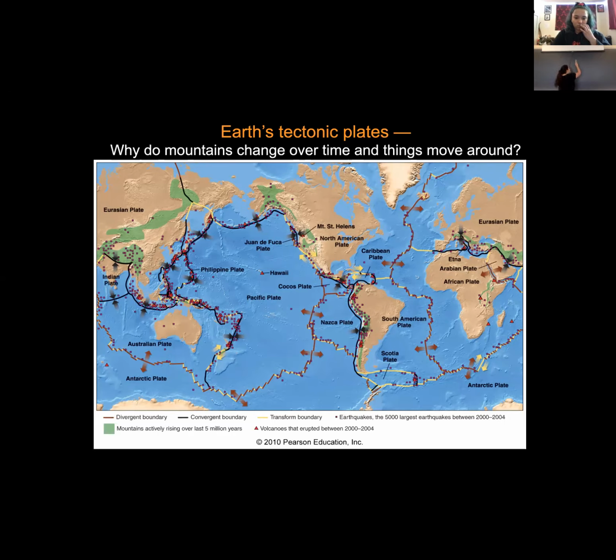Let's call this a divergent plate boundary. And here are the arrows indicating that it's moving apart. You can call that the mid-Atlantic ridge if you want. But notice that it's not a straight line on this map. These divergent plate boundaries, they kind of zig and zag. So there are these little offsets